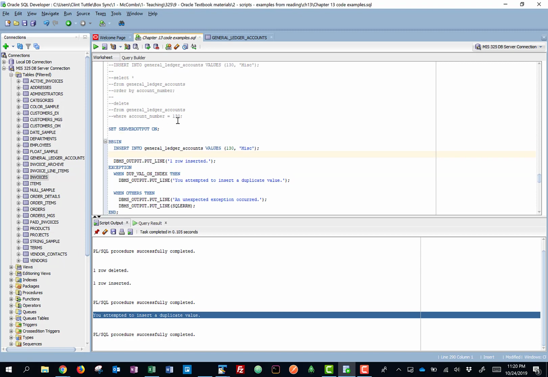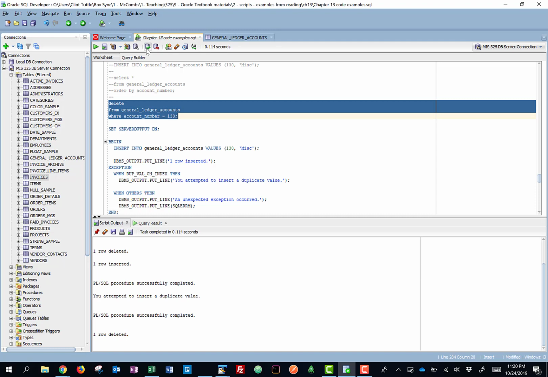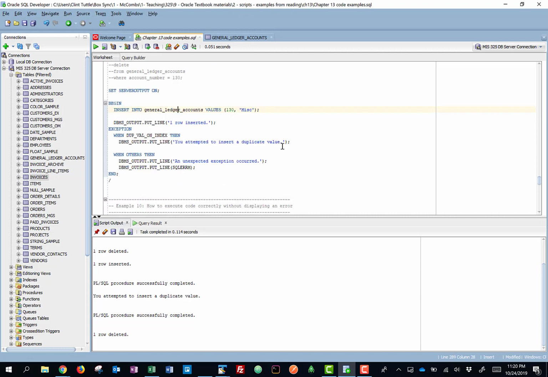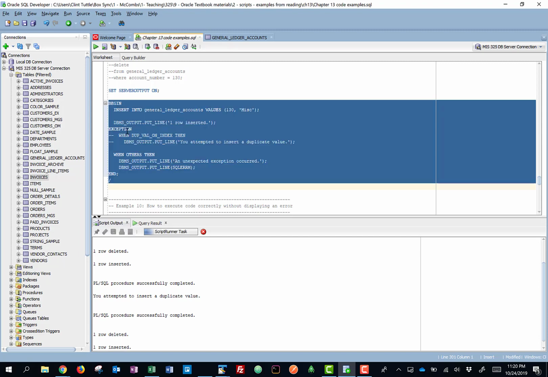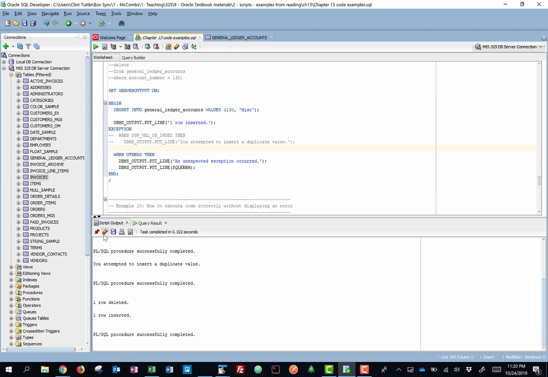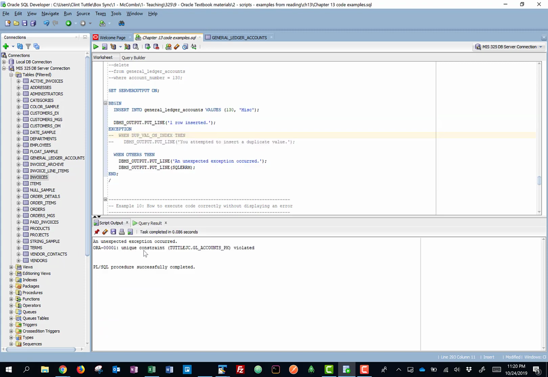If I want, I can also show you really quickly. Let's just run this. Hit save. Let's actually comment out this specific error here, and let's just run this whole thing. So it's going to run the insert just fine. Now let's see what happens. Now it says, unique constraint happened. So because it didn't actually have a specific instruction on what to do if that happens, you'll see here that